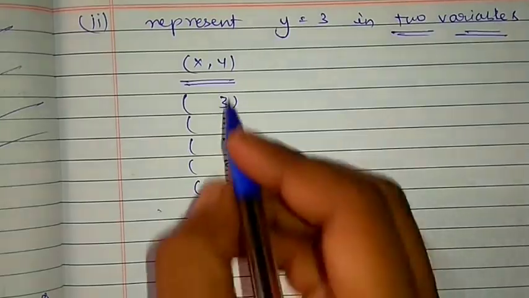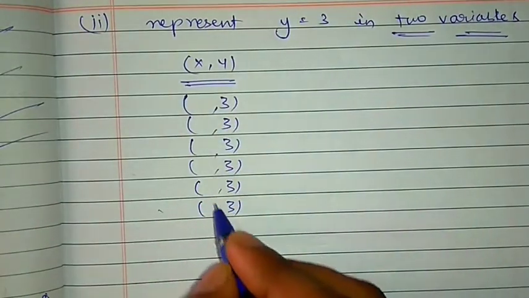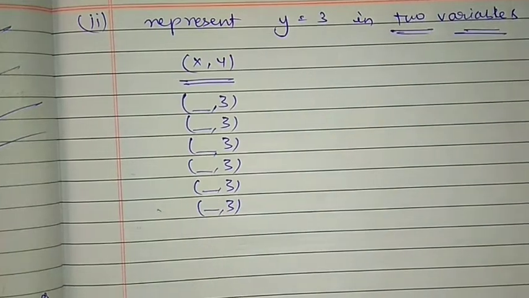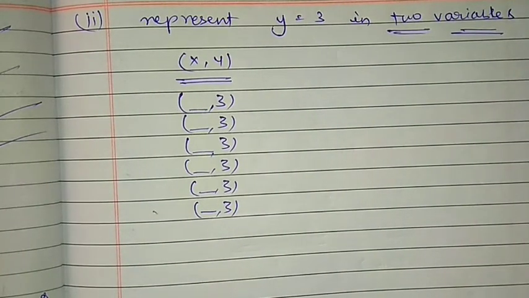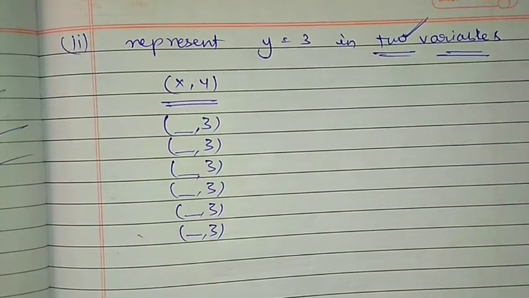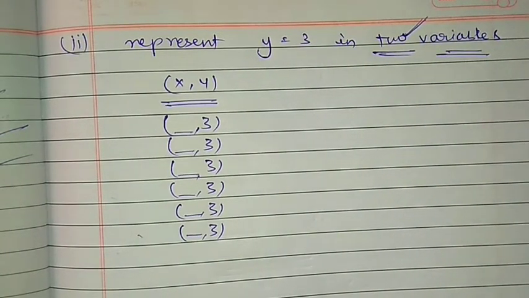Then we can choose many other options in place of x, that is 0, 1, 2, 3, 4, 5, 6, 7, anything, because we have two variables. So when we have two variables and the liberty to choose x, how will we show this on the